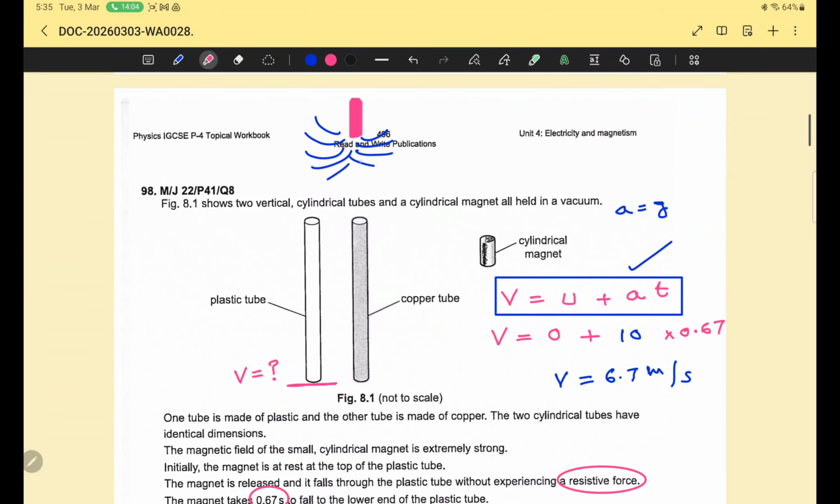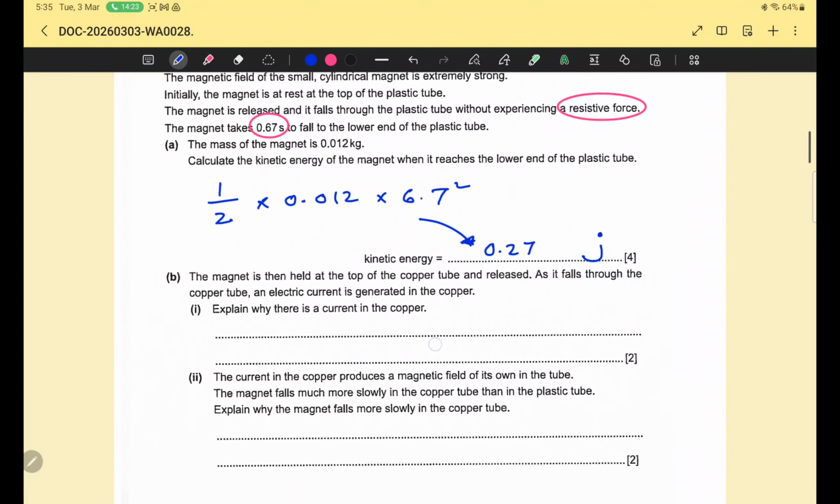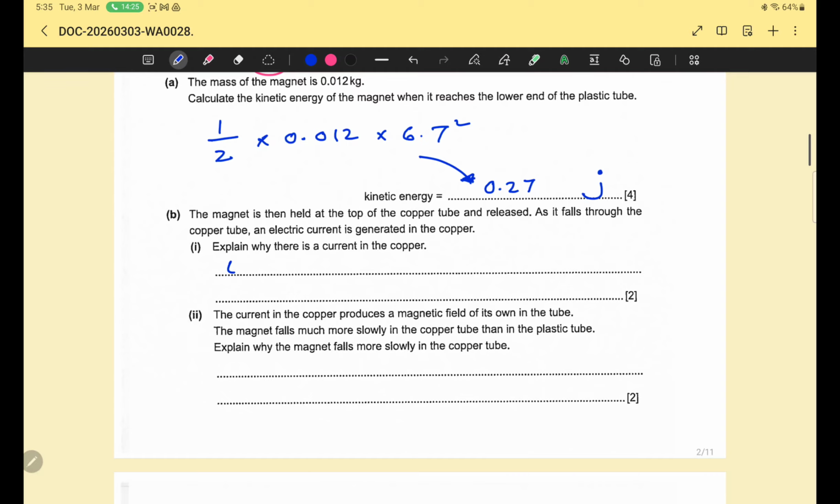But when the magnet bar falls through the copper tube, then the copper tube will cut the magnetic field lines generated by the magnet. And you know, when a conductor, a copper tube, is cutting magnetic field lines, then induced current will be produced. So I am writing, the copper tube is cutting